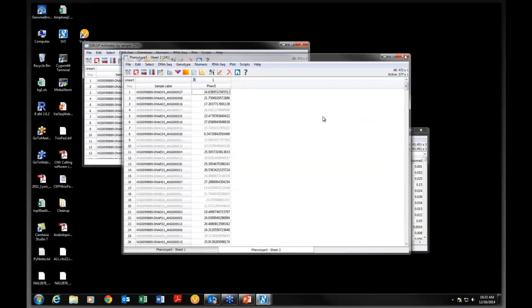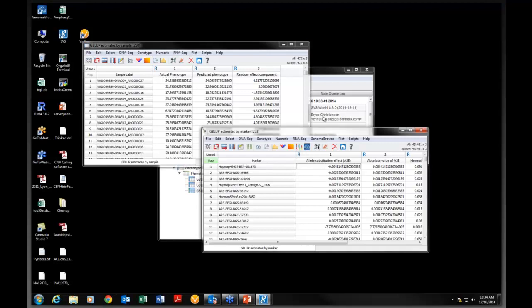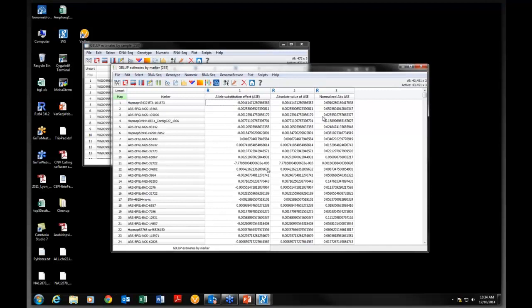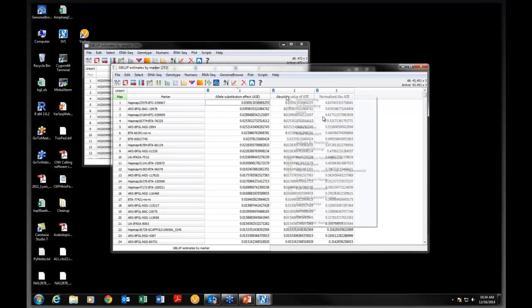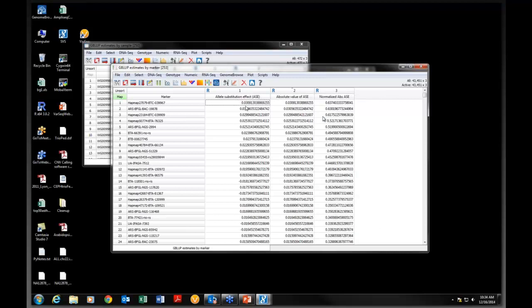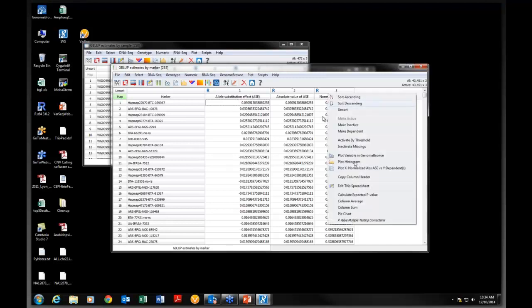And let's focus to begin with on the allele estimates, the estimates by marker. With this output, we see the allele substitution effect. I can sort this and find out which have the strongest negative effect, the strongest positive effect on the trait. Of course, the absolute value makes it a little easier to do that. I can see the strong effects in either direction. And finally, we have this normalized absolute value of the effect, and this is the one that's usually most appropriate